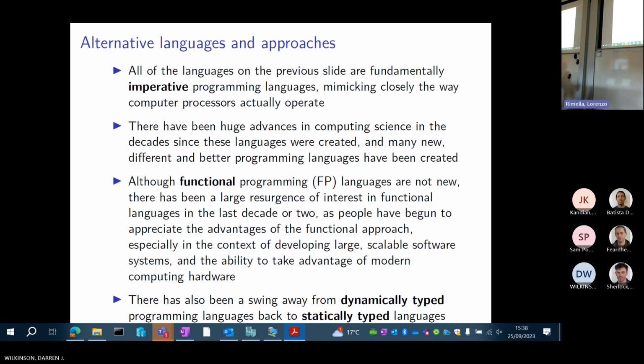Okay, so massive advances in computer science. We all know about how hardware technology has evolved, but actually we've learned quite a bit about programming languages in all of those intervening decades as well. It's just we've ignored it all by and large, okay? And so functional programming languages are not new at all, but well, let's just say there's been a big resurgence of interest in them in the last decade or so,